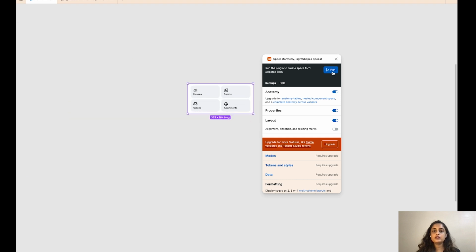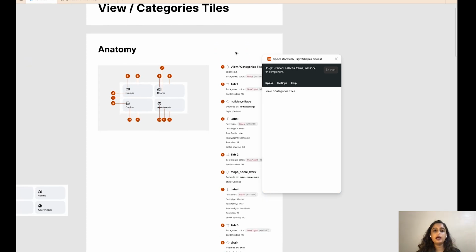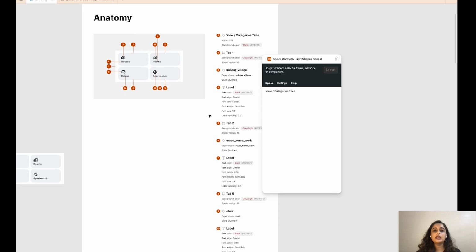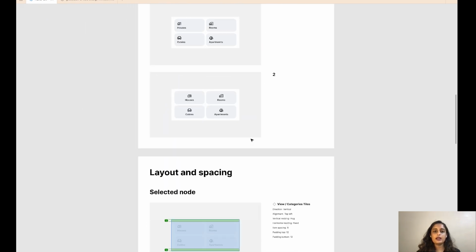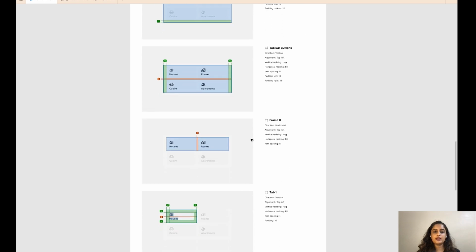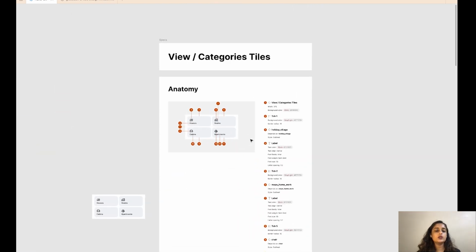All you have to do is run the plugin while you're selecting the component that you want to generate the specs for. This is actually a free tool. It will dissect your component and generate detailed specs for that particular component and generate layout spacings and all of these specifications that can be easily shared with your developers.